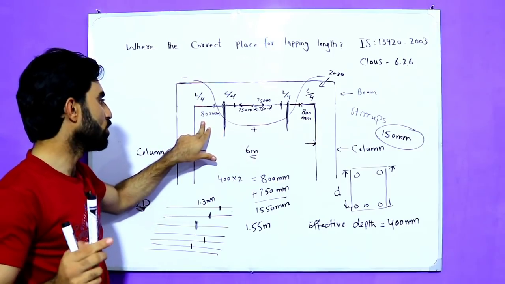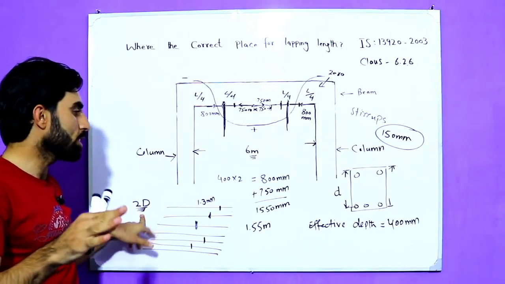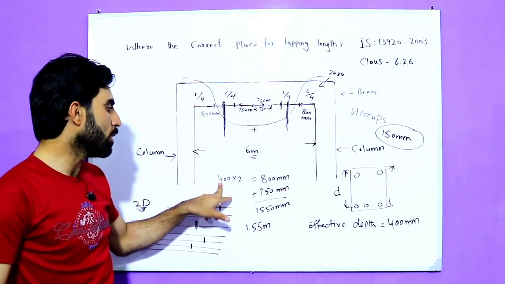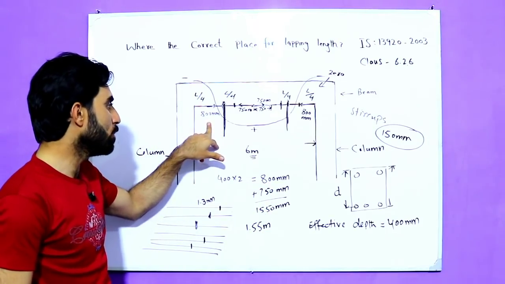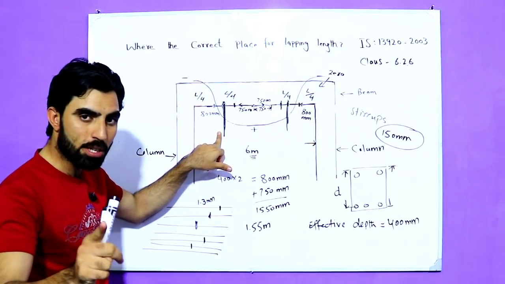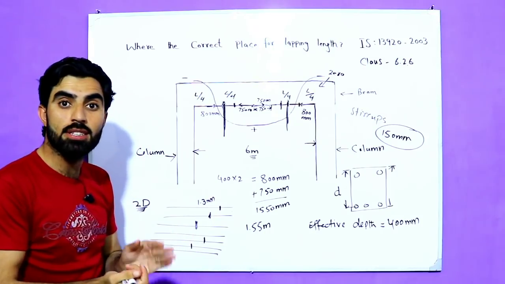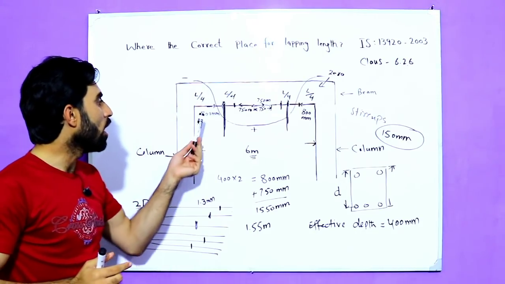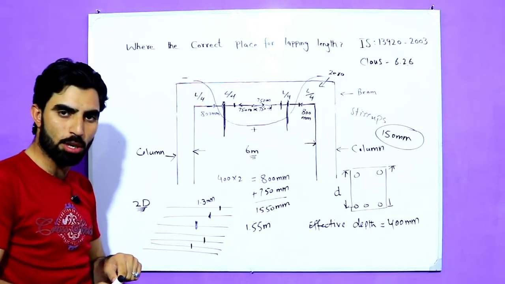As you can see, I told you here after the 2D formula. Okay, if the effective depth is 400 millimeters, then we will multiply by 2, therefore 400 millimeters multiplied by 2, then we get 800 millimeters. So after 800 millimeters we will place lapping length. Okay, lapping length should not be provided at the mid, because bending moment is maximum at the mid, and lapping length should not be provided at the end of the support, because there is shear stress. Okay, so therefore after 800 millimeters, or after the 2D distance, we are able to provide lapping